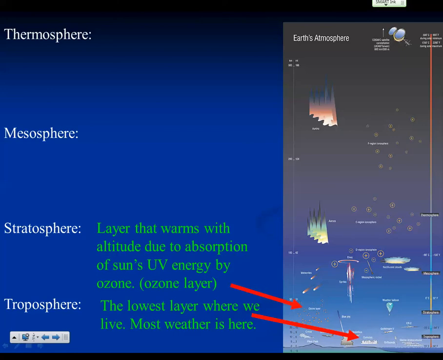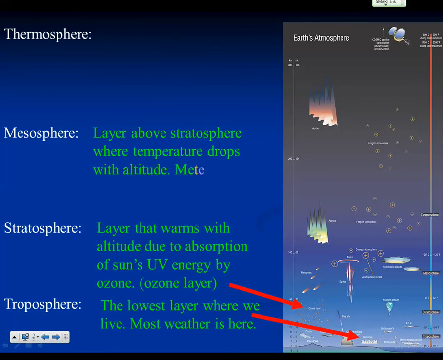Moving above that into the stratosphere, which you've all heard of, this is the layer that actually warms up as you gain in altitude, which is something opposite what you'd think. And the reason why is ozone, which exists in its natural state in this layer, which is simply 3 oxygen molecules bound together. Ozone absorbs ultraviolet energy from the sun. And that ultraviolet energy imparts its energy into the ozone layer, and that's why the stratosphere gets warmer.